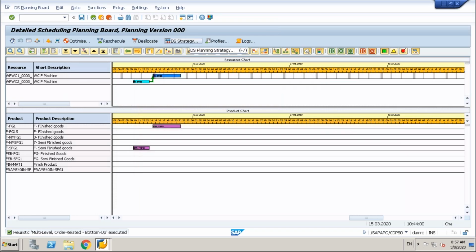See, bottom up pulls the order back. So this is what I was trying to show you. And if the quantity is not aligned, then it brings many orders backwards to align with the bottom up. Okay. Now we learned